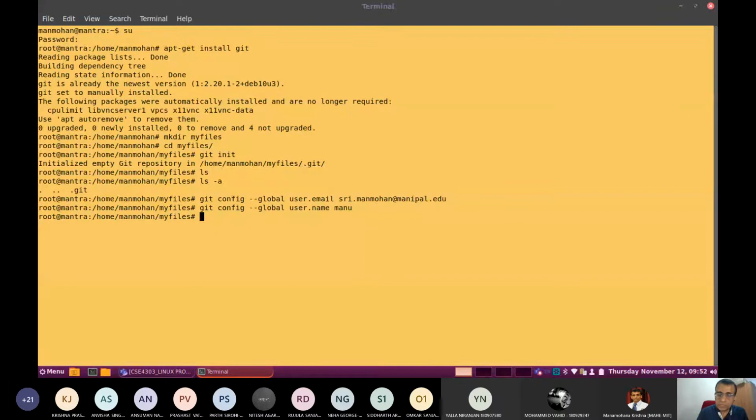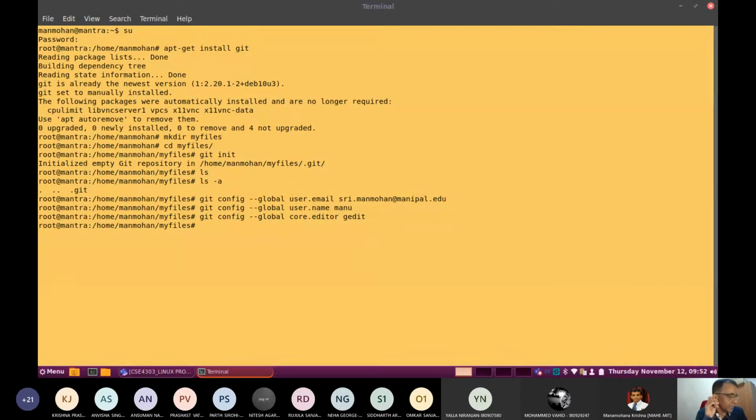Then in case you want to use a default editor, you can say core.editor. Because in Linux we are using gedit, you can type that also. Core editor means the editing file we are going to use in the repository.